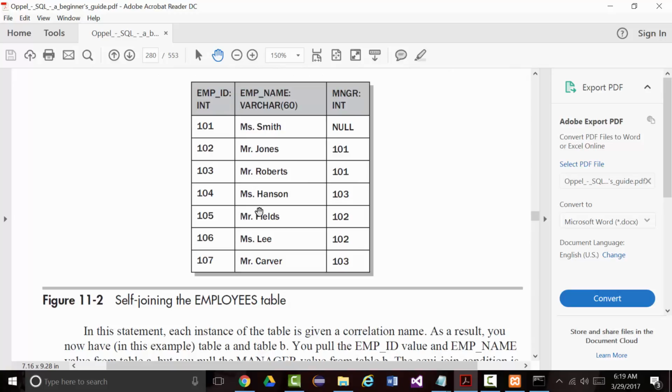From employees A, employees B, so we're joining the table on itself. So what we're saying here is if you look at these results, Ms. Smith does not have a manager. All right? And Mr. Jones and Mr. Roberts both report to Ms. Smith. Ms. Hanson reports to Mr. Roberts. So does Mr. Carver. And Mr. Fields and Ms. Lee both report to